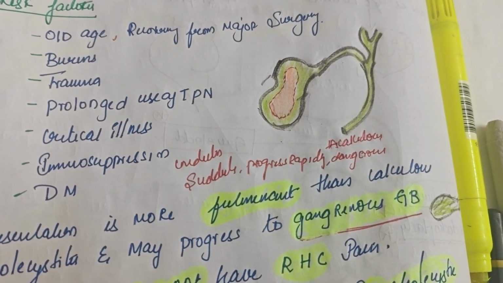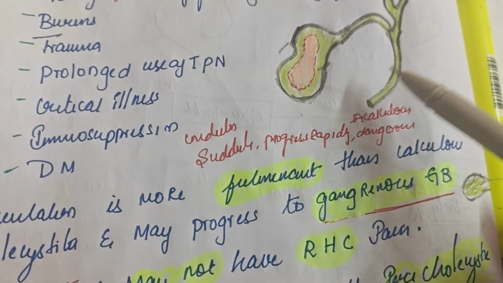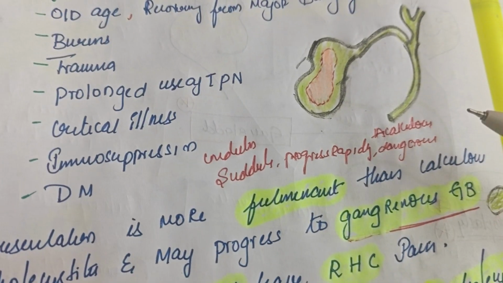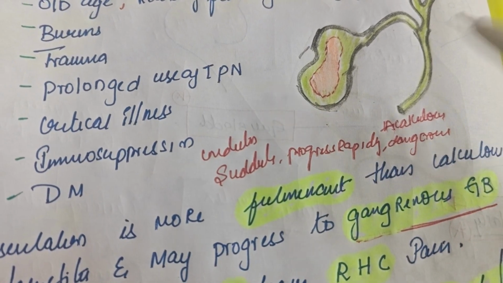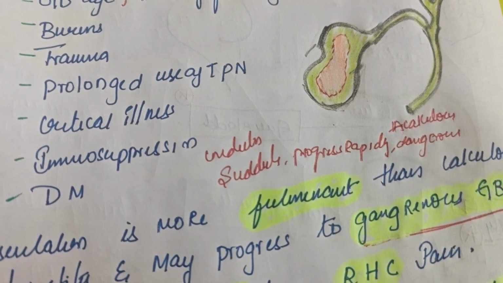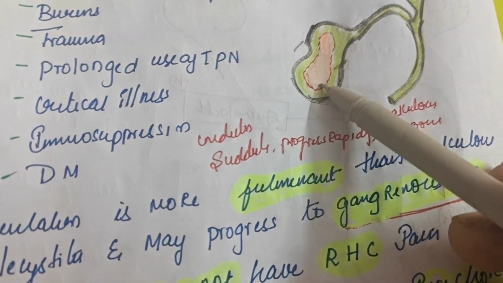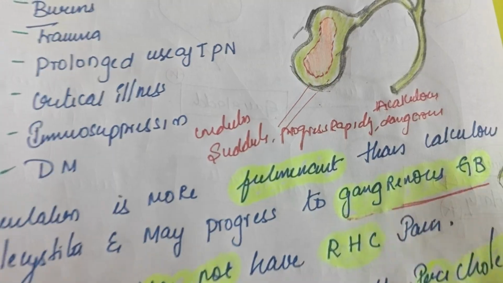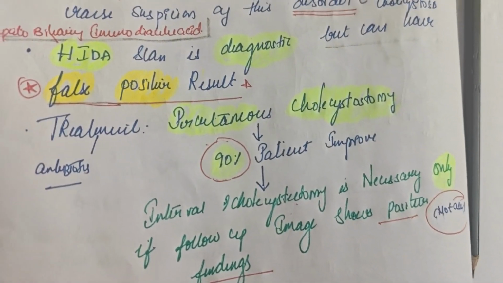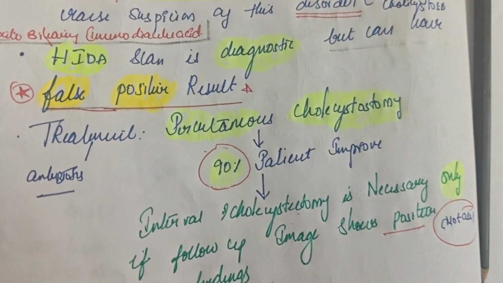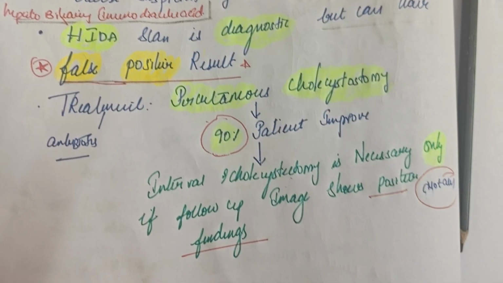Now, a patient comes with acalculus cholecystitis, and I want a treatment here. You have so much of fluid, you can't go with cholecystectomy. You can't remove the gallbladder. So what I do is I put a percutaneous cholecystostomy tube. I put a tube percutaneously, so I drain that. When I use percutaneous cholecystostomy, 90% of patients improve. Remember, 90% of patients improve.